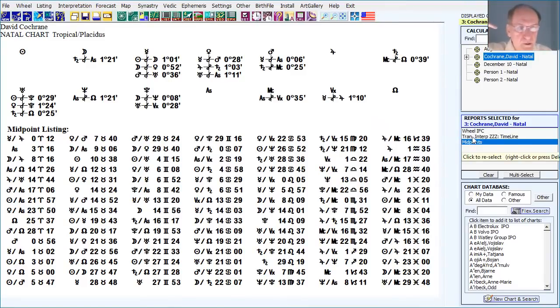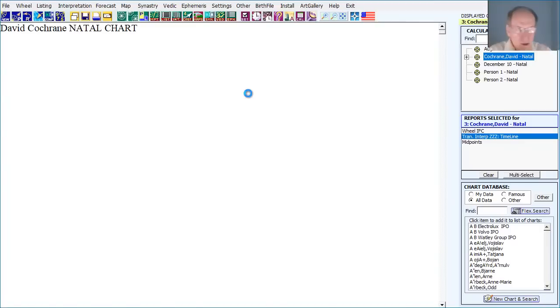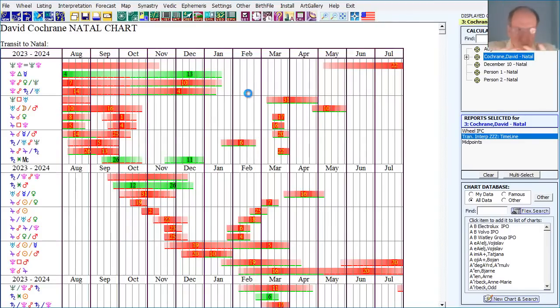When we look at this timeline format, all of this is calculated, graphed, and presented to us very nicely, and now we can just go in and think about what these planets are doing and get the interpretation. Now, the other thing I wanted to show you is that you can have transiting midpoint to natal planet.